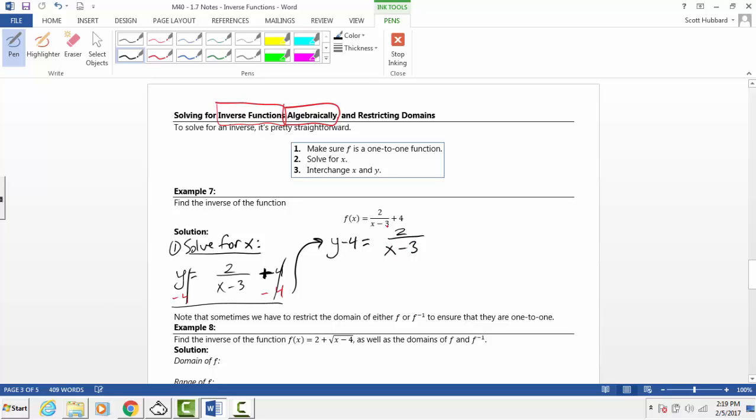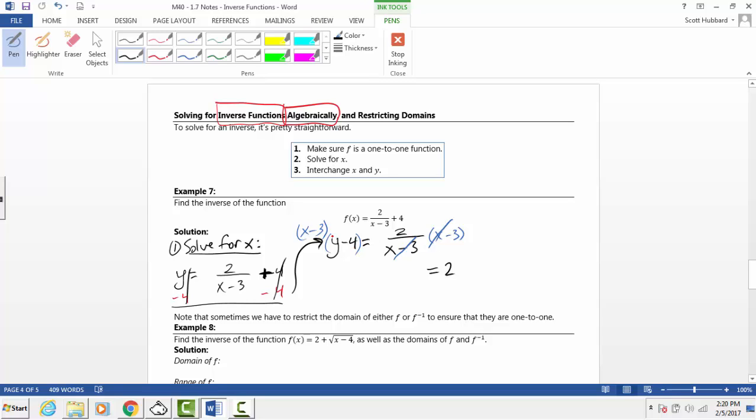Okay. Now you might think, how the heck am I going to solve for that x minus 3? Well, what you do is you just multiply, you clear the denominator. So I'm going to do that over here too. And now all of this is going to equal 2, because these denominators cleared out. I need to actually